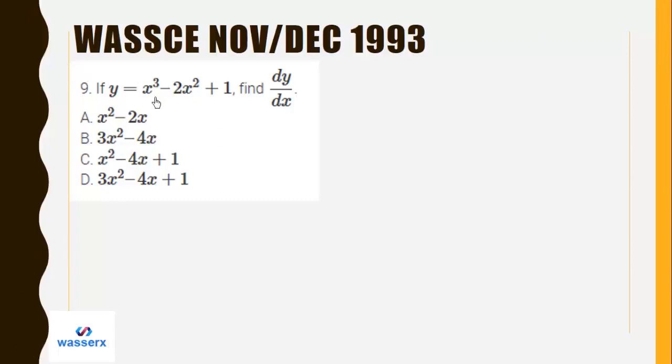We have y equals x cubed minus 2x squared plus 1. Find the dy/dx. So y is equal to x cubed minus 2x squared plus 1. And you want to find the dy/dx. So the dy/dx